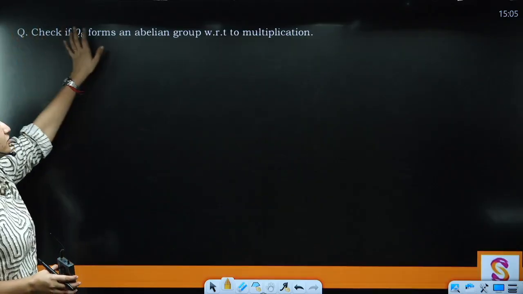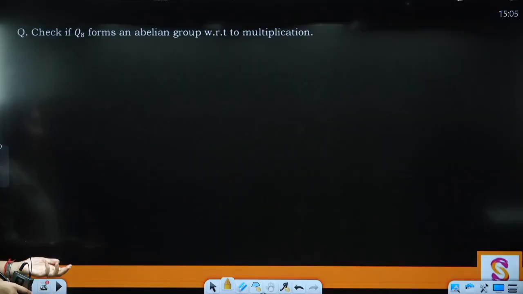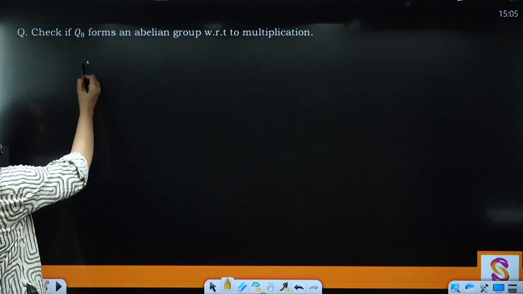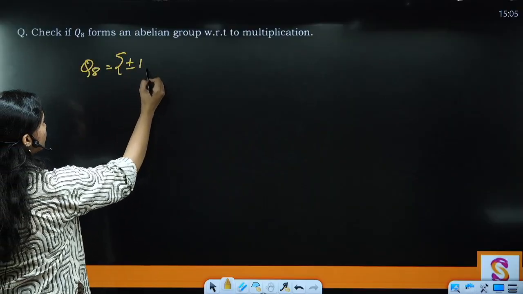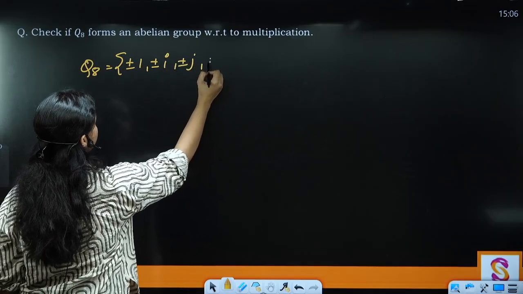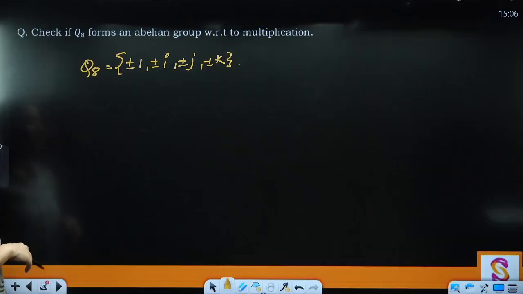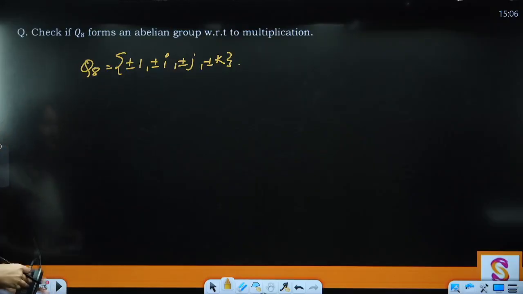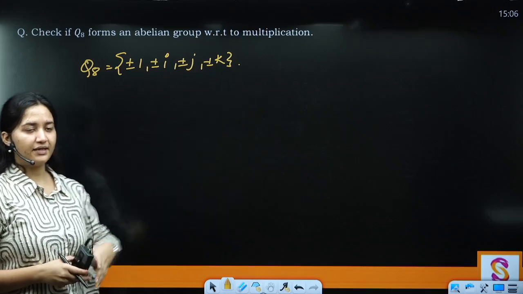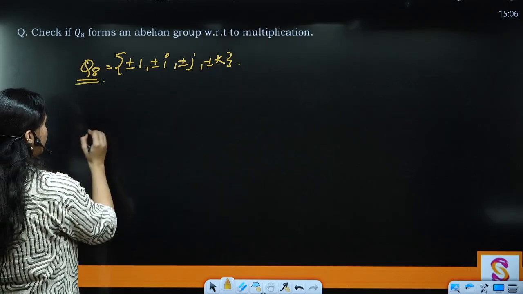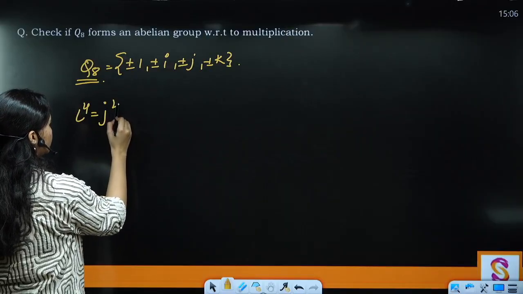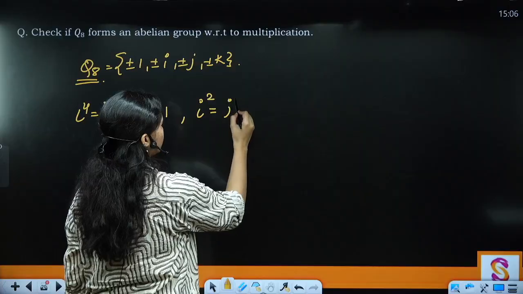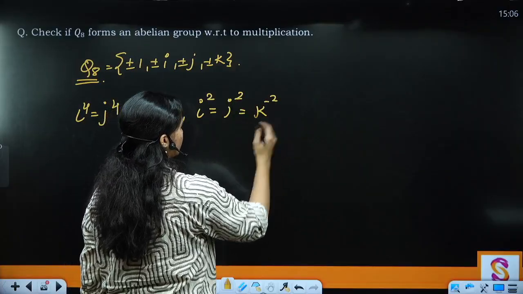That says check if Q8 forms an abelian group with respect to multiplication. Now, if you remember the group Q8, what does it look like? What are the elements? They are plus minus 1, plus minus i, plus minus j, plus minus k. Now, if you take 1, that is going to be your identity element. It is going to commute with every element, right? But if you think about the other elements, we know that the property of Q8 is what? That i raised to the power 4 equals to j raised to the power 4 equals to k raised to the power 4 equals to 1, and i raised to the power 2 equals to j raised to the power 2 and k raised to the power 2